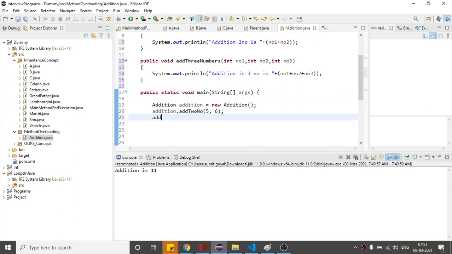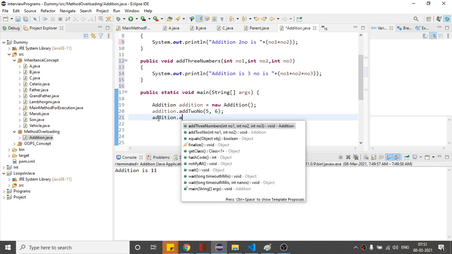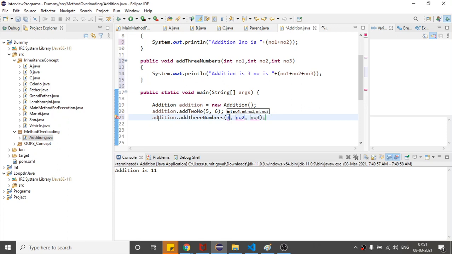If I need to call the second method, dot add 3 number, 3, 4, 5.